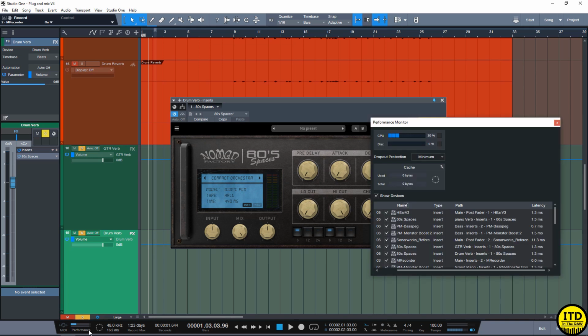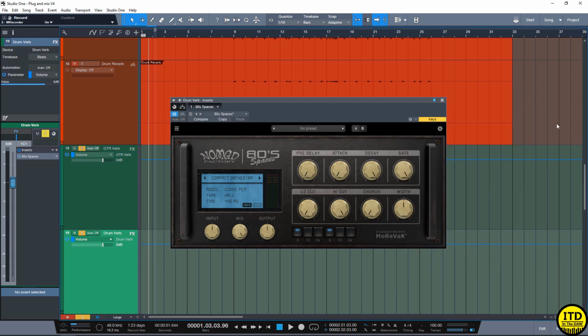Now, one thing I want to mention to you is the delay or the latency of this plugin. Most convolution reverbs have a very long delay, whereas this 80's Spaces, let me set this to name, you'll see only has a latency of 1.3 milliseconds. This is ridiculously short. And convolution reverbs tend to use a ton of latency because it's impulse responses and a lot of CPU to do all the math. So I don't know what type of voodoo they did to make this so short and so efficient, but I